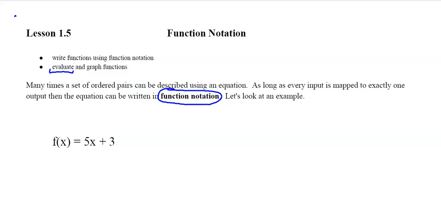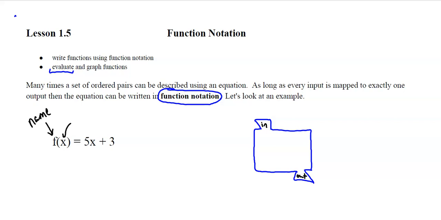So think about it like a machine. You have this spot on top here where numbers are dropping in, and then you have this little spot here on the bottom where numbers are dropping out. I want you to think of this as the input, and out here is going to be the output, and then there's some sort of rule inside there. In this case, the f is just the name of the function. So this is called the f function. This is the input, so we're putting x's into there. All right, so my x's are going in. And then f of x, this whole entire thing,